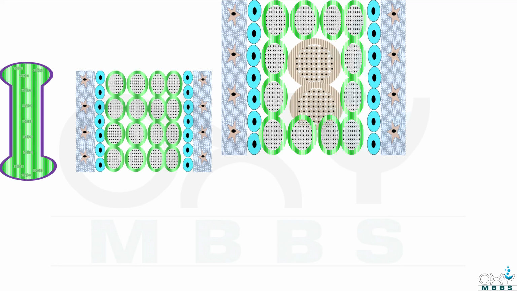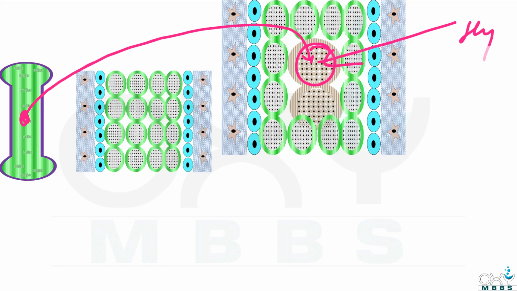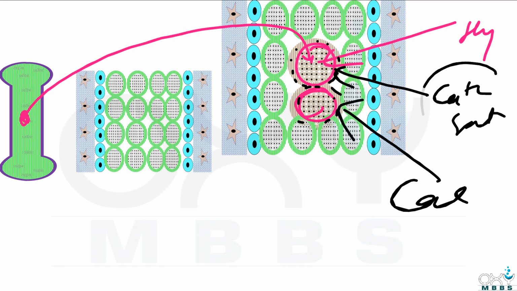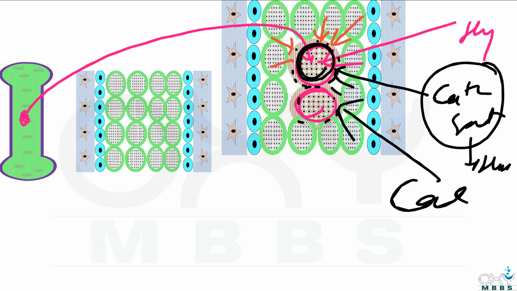Now in the mid region of this cartilage model, these chondrocytes get enlarged, and this process is called hypertrophy. So these are enlarged chondrocytes, and around these enlarged chondrocytes calcium salts are deposited, and this process is called calcification. As calcium salts are hard substances, nutritive substances cannot pass through this hard substance. That is why slowly these enlarged chondrocytes start to die.